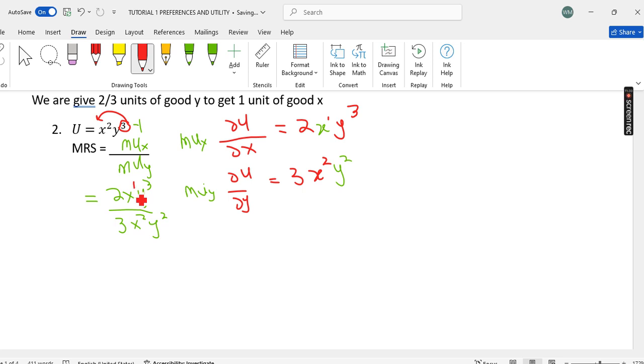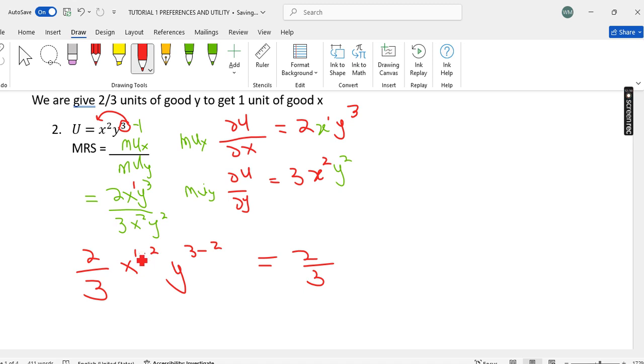So we have 2 over 3 here. This 2 over 3 will stay the same. So you have x to the power 1 minus 2, because you're dividing the x's, so we subtract the exponents. Then y, you're going to say y to the power 3 minus 2. Okay, so our answer becomes 2 over 3